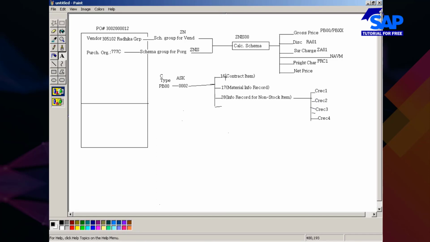So condition table 16 will have condition records, 17 will have condition records, 28 will have condition records, and so on and so forth. Your access sequence key will determine the correct condition record for a particular condition type from the list of allowed condition tables. That's how it gets defaulted.